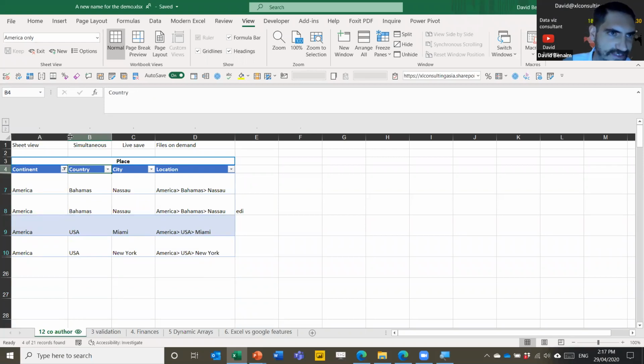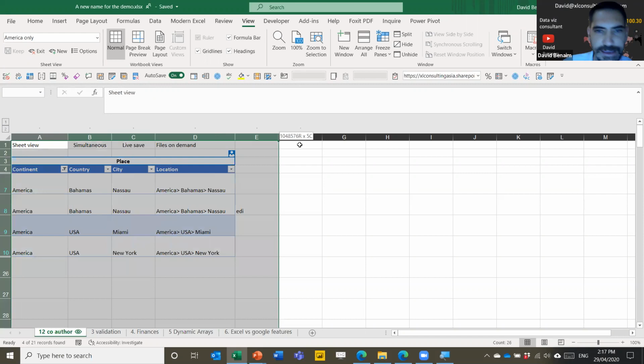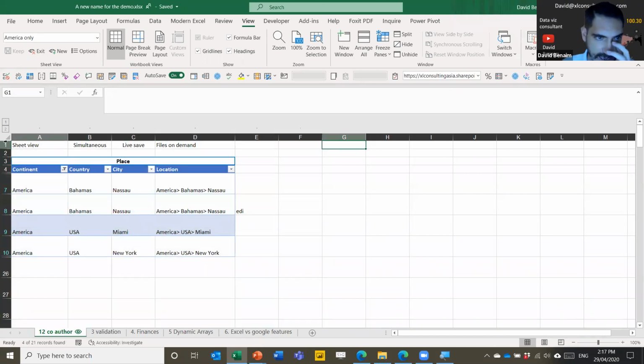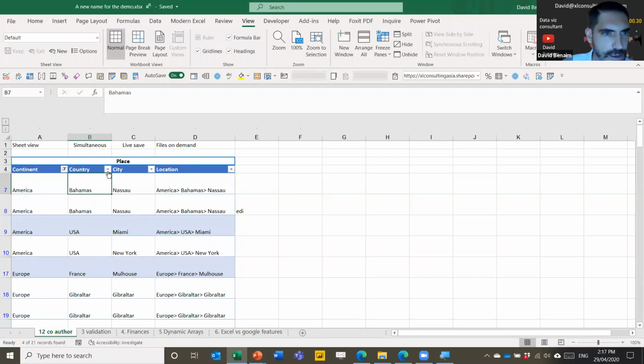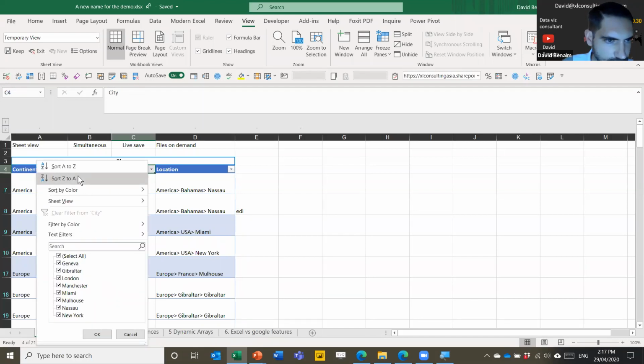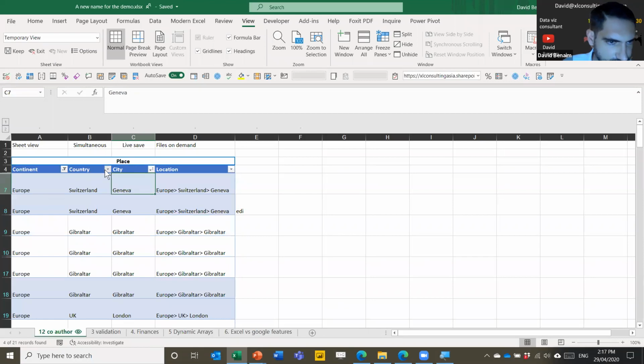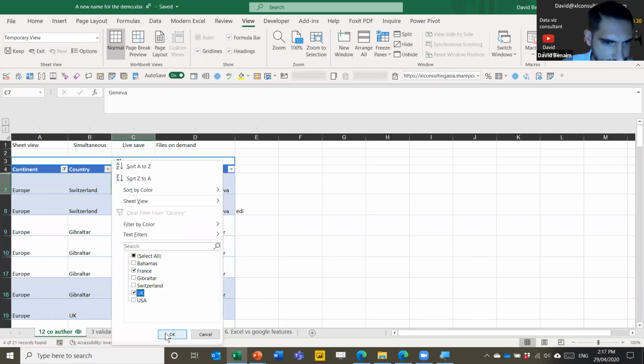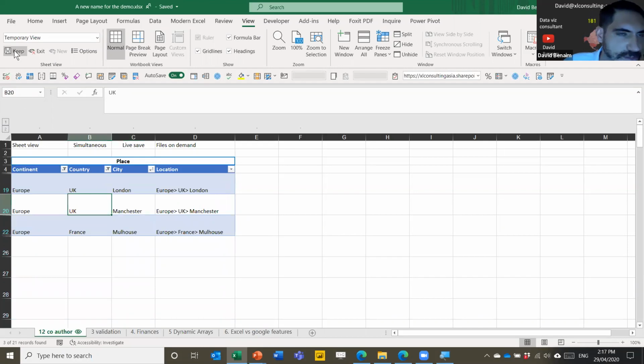And when you are in a temporary filter view, you'll see this black icon. So it's very, very clear that what's happening is different. So from there, let me exit out of that, and then I get to my normal view. I'm going to say that I want to go to a new view, and I'm going to sort this from A to Z. And I'm going to filter this one by a couple of options there. And then I'm going to press keep. It calls it view 1. I'm going to name that to demo session. And then it's stored that.